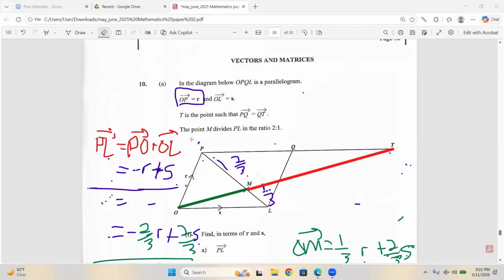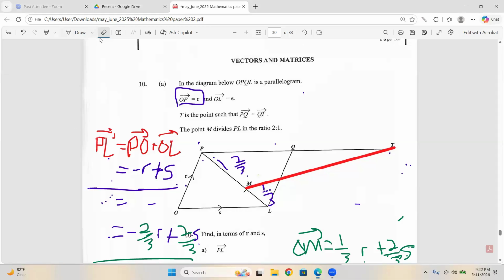To show they are collinear, meaning they are on the straight line, that's what happens with vectors. On the straight line, they tend to be either twice, half, or some multiple the size of the other one. So we could find MT to figure out. Oh, how do we find MT? From M to T, that is